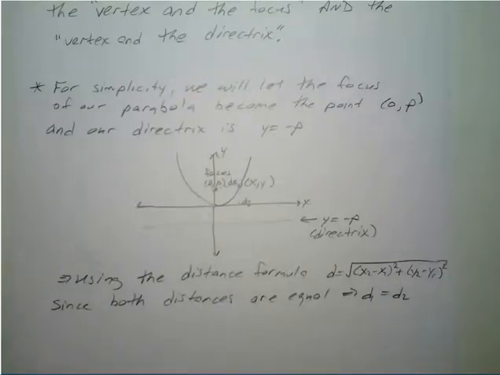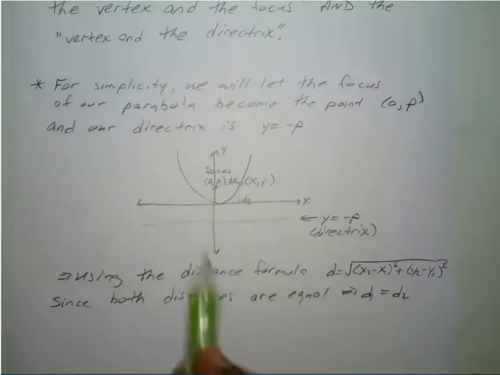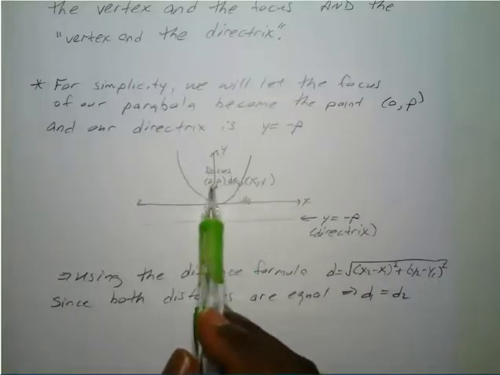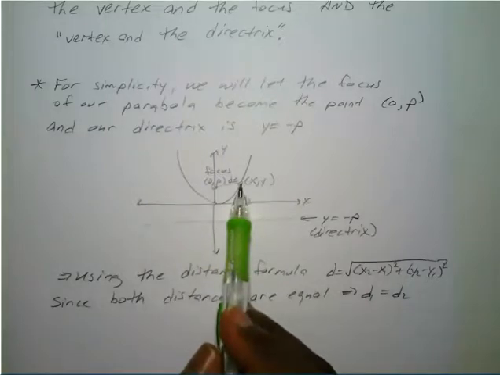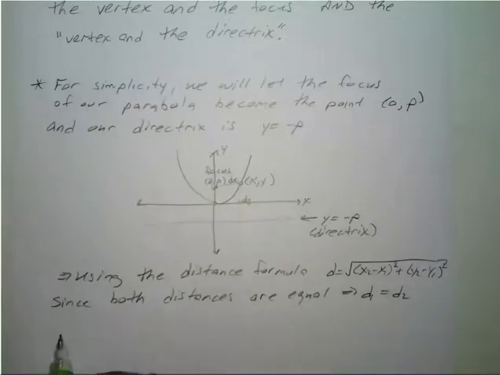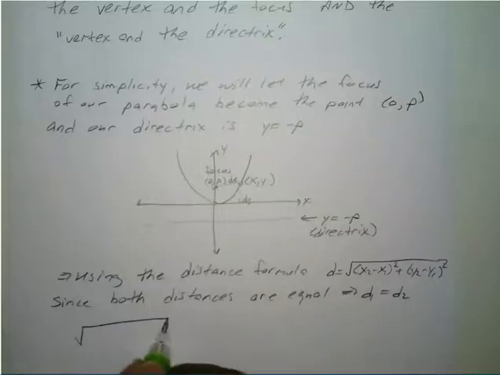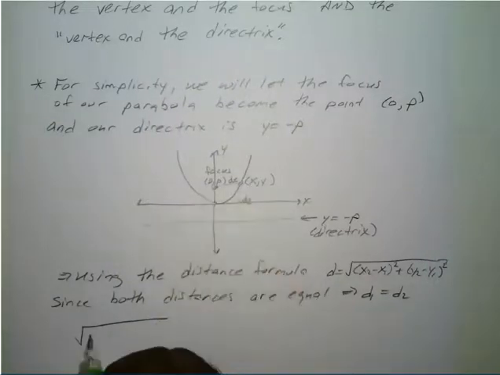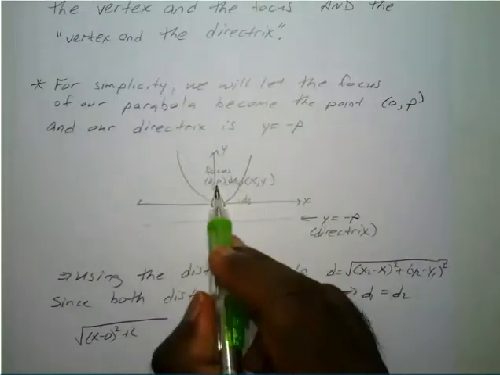If we use the distance formula on both sides, for distance 1 from the focus to our point (x, y), the square root of (x minus 0) squared plus (y minus p) squared